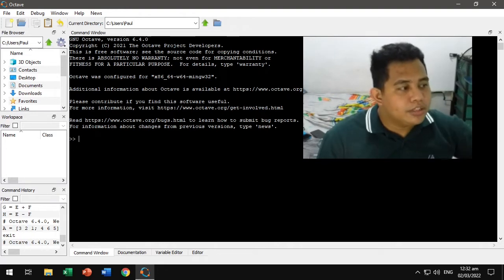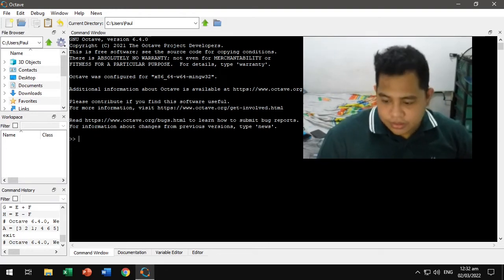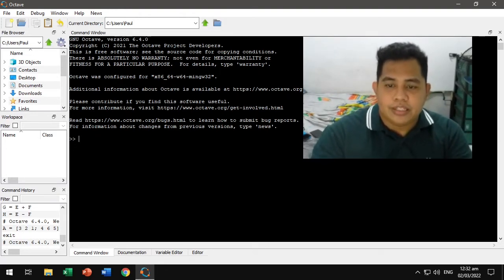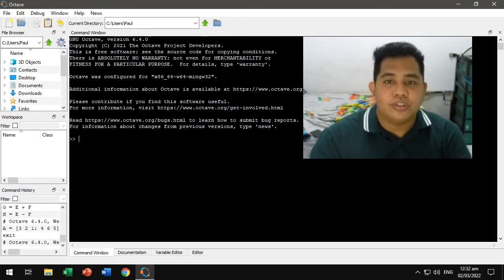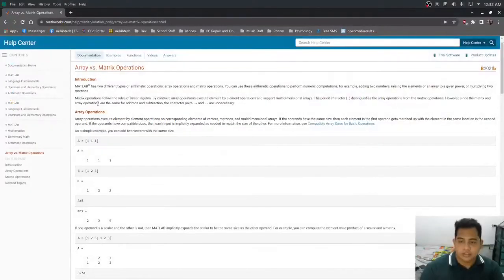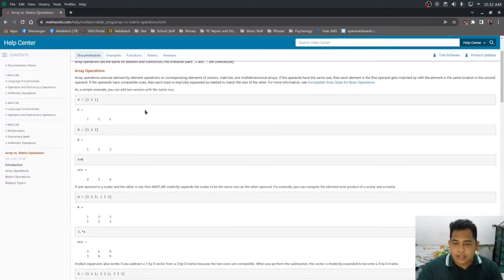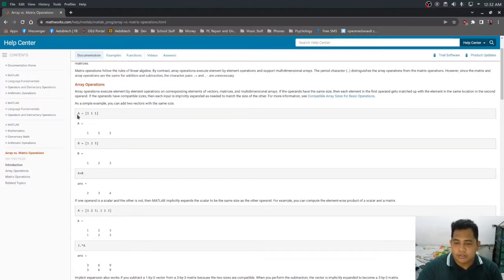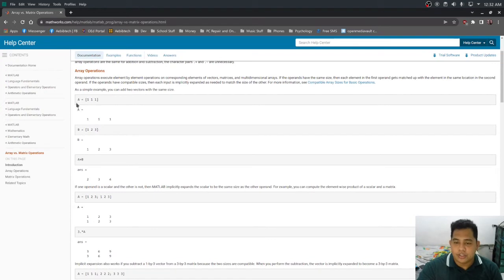So let's dive into the basic syntax of MATLAB in regards to matrices. So here is your basic syntax. To do array operations, variable name equals and then brackets around the elements.